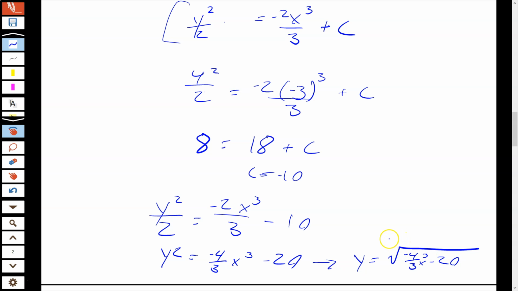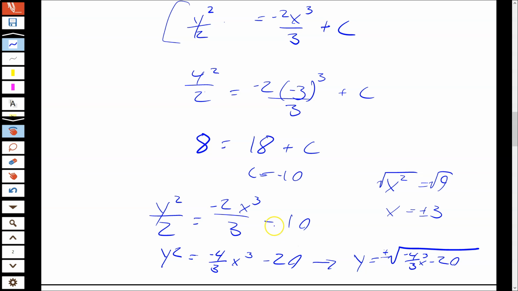Now, at some point in your math career, you learned that when you take the square root of both sides, let's say I had x squared equals 9, and I took the square root of both sides, you would say x equals plus or minus 3, because either of those makes the original equation true, right? Negative 3 squared is also a positive 9. We're going to do the same thing here. We're going to say plus or minus my square root,